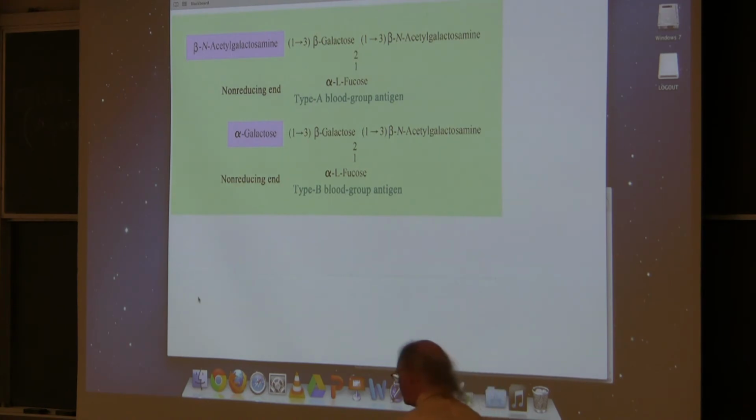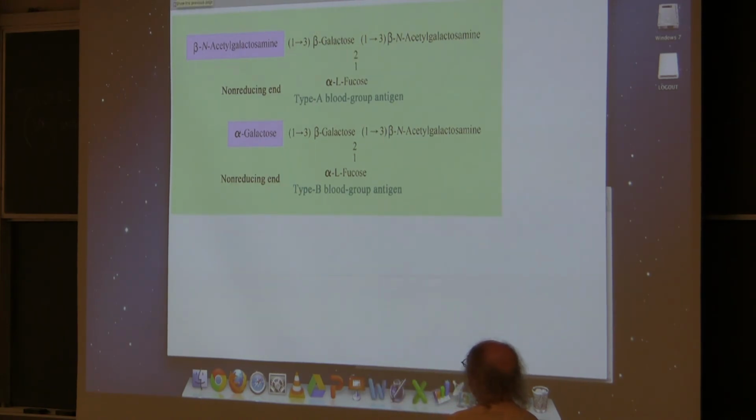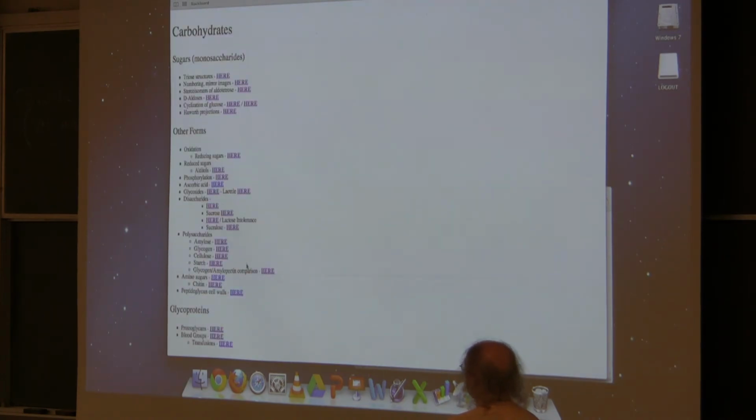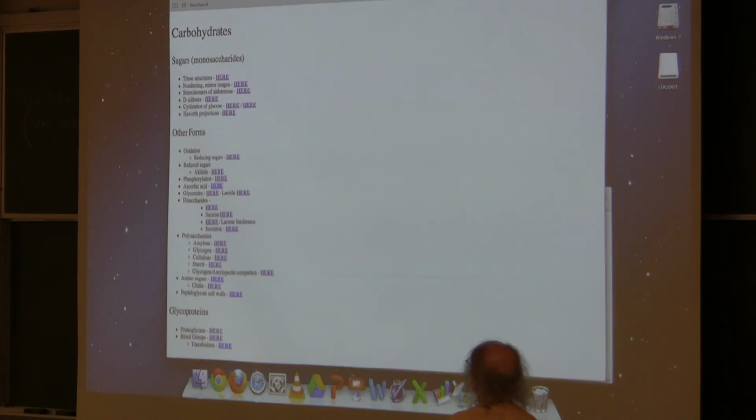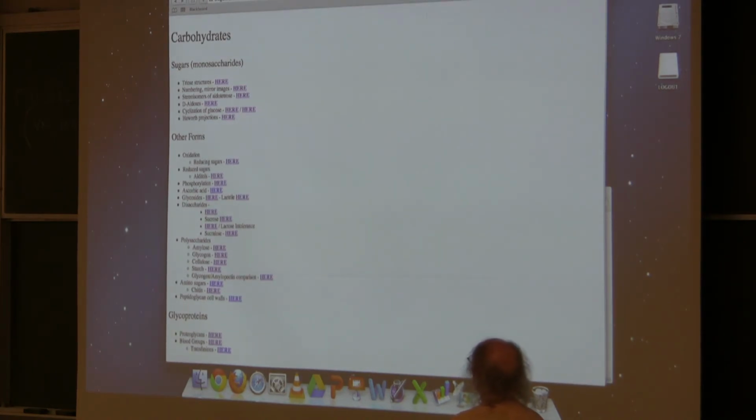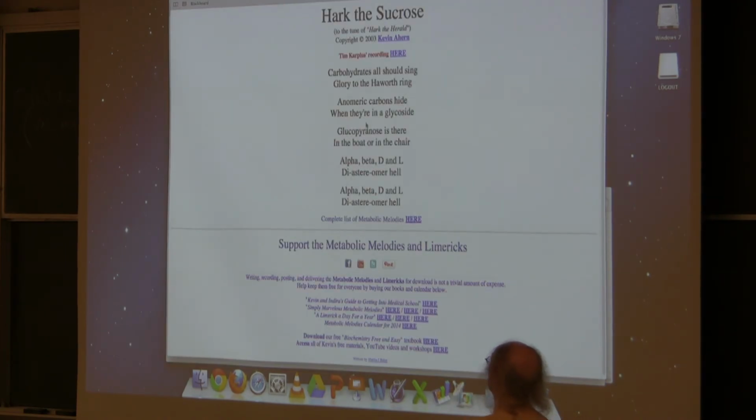Okay. Well, I think before starting glycolysis, and yes, I'm going to start glycolysis today, we should do a song to reinforce what we've learned. And the song is very simple. It's a very easy song to learn, a very simple song to sing. It's called Hark the Sucrose. It goes,